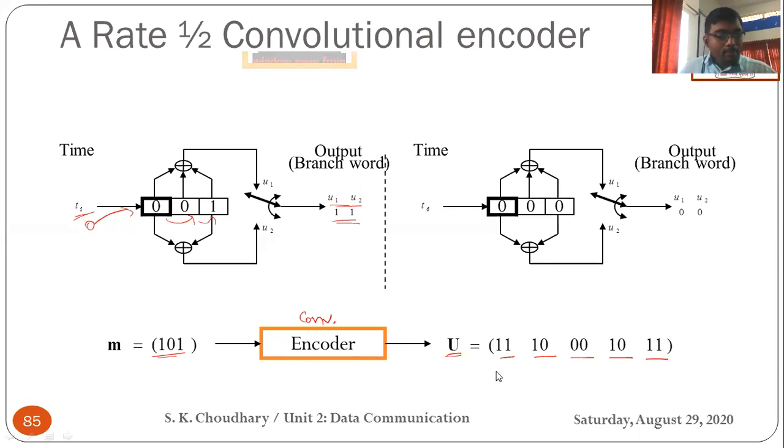Now someone has a doubt or a query: what is T6? When we have flushed out everything at T5, why have you mentioned T6? So T6 is not a part of this encoding. It is an indication of the next input bit stream.